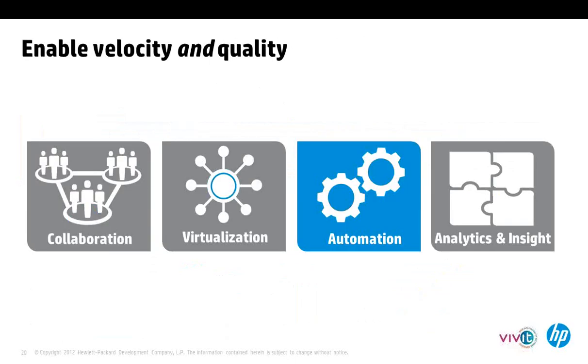So with that, we just talked about enabling collaboration, the visibility, and having the analytics and insights into the whole software delivery lifecycle, into the process, so that efficiencies can be improved, so that quality can be improved. The next area that I'm going to talk about is automation. As I said, automation is a way that we address the inefficiencies and the impediments to velocity that arise from all the manual effort in the software delivery lifecycle.